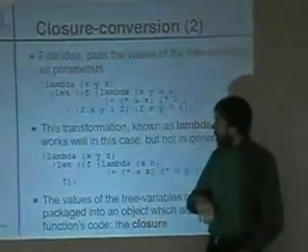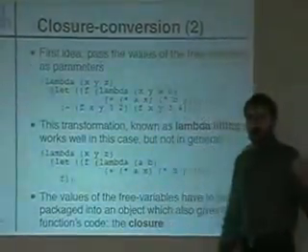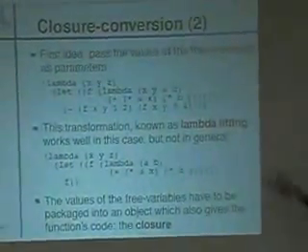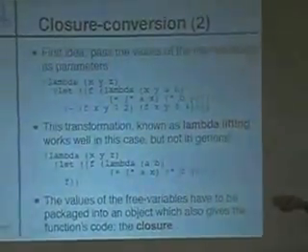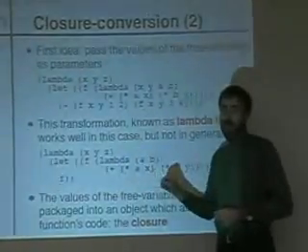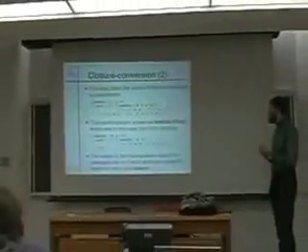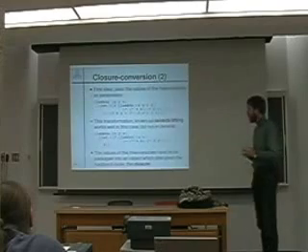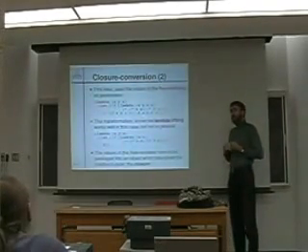the code that has called this function is now receiving a function that it can do just anything it wants with. It can store it in data structures, pass it around in functions, and so on. And there's no way for these other call sites to know what the values of x and y are that are related to this particular function. So lambda lifting has its limits, and since it's not a general solution, it won't be used in this compiler.